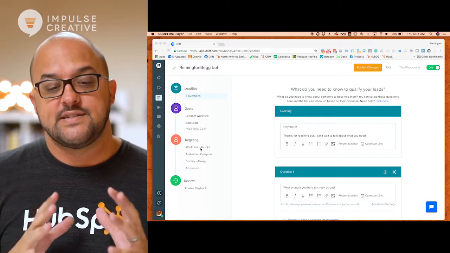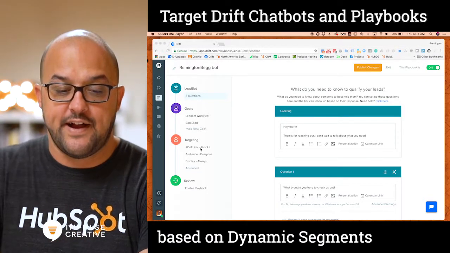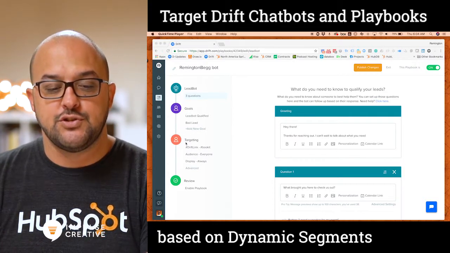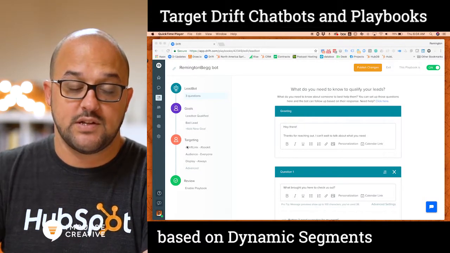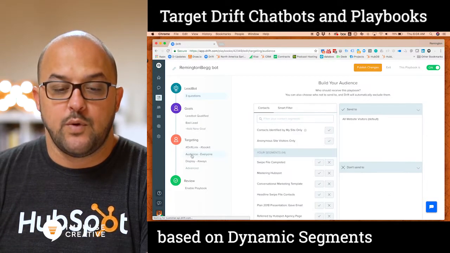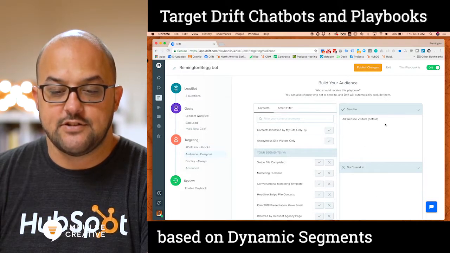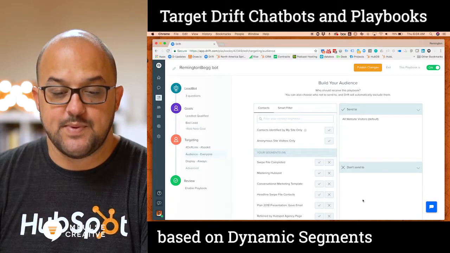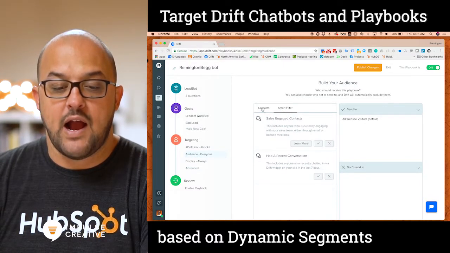So what we have here is I've created a playbook and I've got some questions already defined. What you're going to want to do to define the specific segments that you want this to show up for is you're going to want to go to audience under targeting. When you go to audience under targeting, we've got a don't send to and we have a send to. In the past the don't send to has always been there, but the send to hasn't. And so the cool thing about this is you've got a variety of